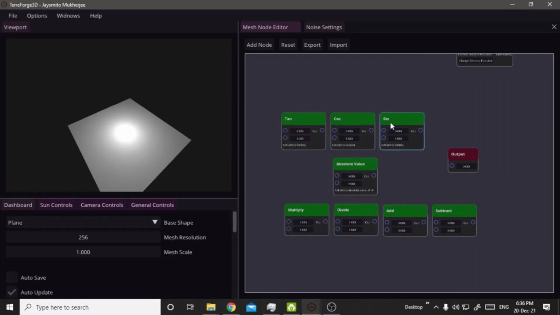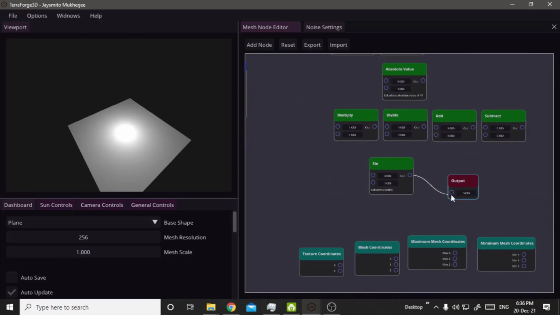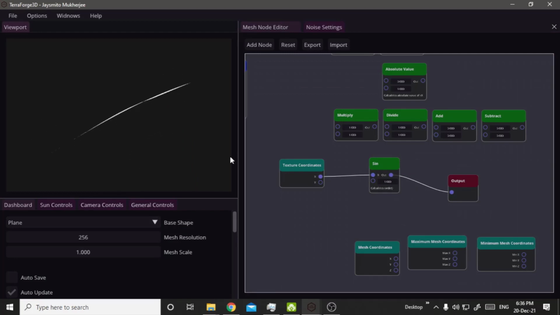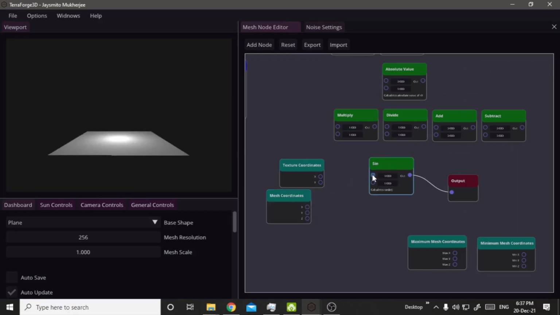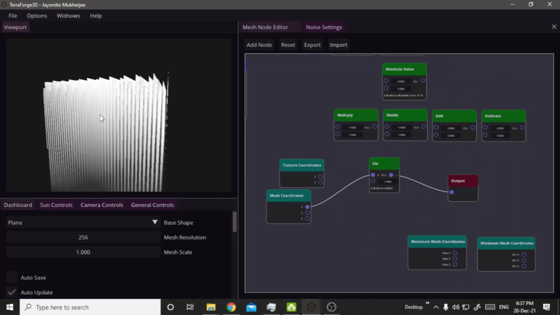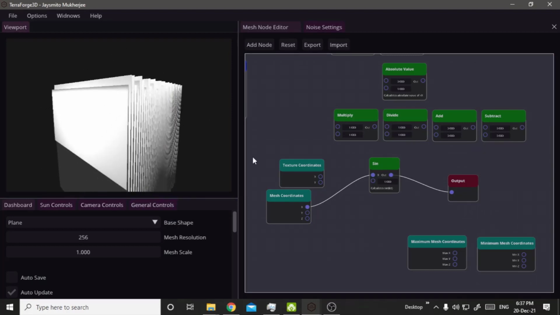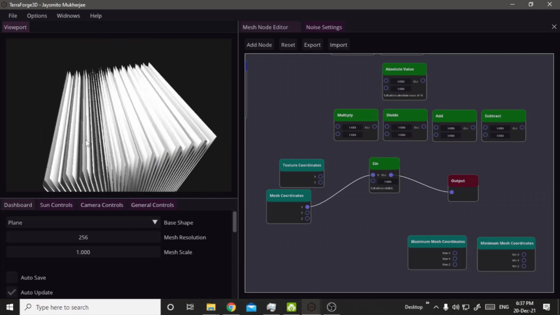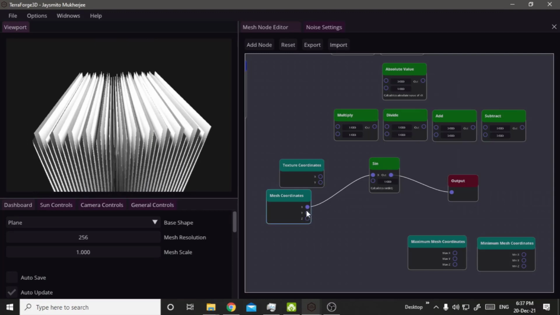For example, let me show the sine node. If I perform a sine operation, I need to give some input to it. If I give a texture coordinate input to it, you can see it gives me a sine wave with the texture coordinates as the input. But if I want something more interesting, I can put this here. You can see that this is a sine wave of very high frequency, if you look carefully. In order to see a proper sine wave, what we can do is